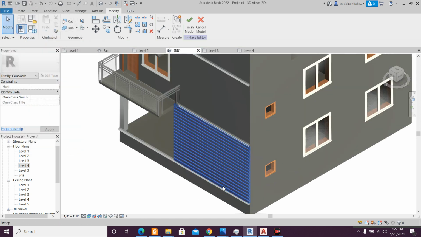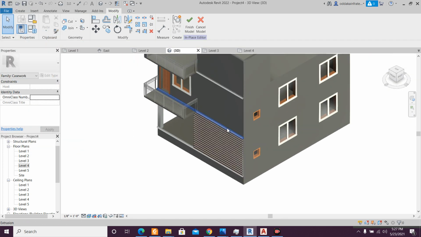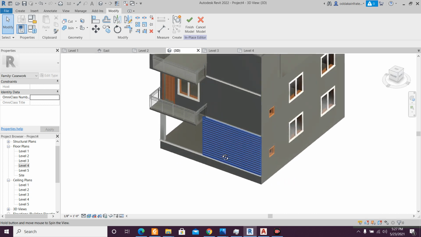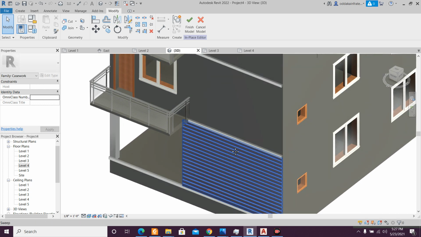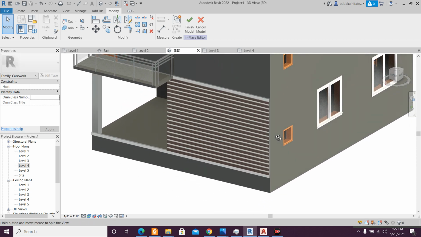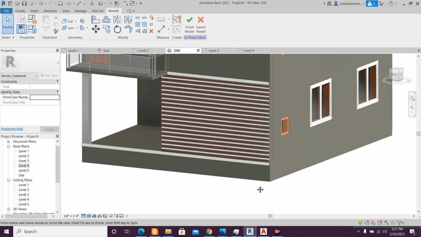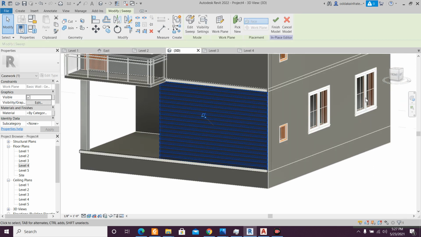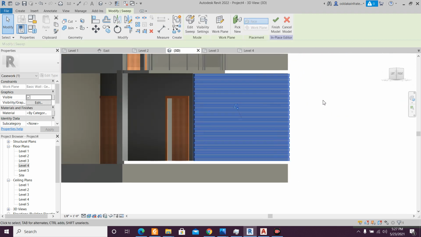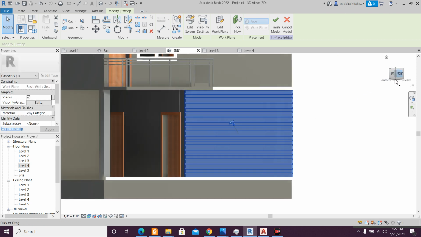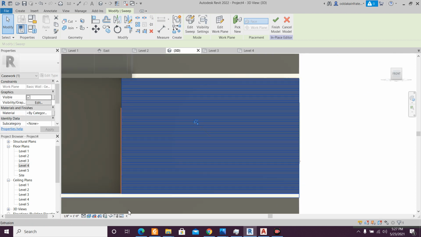Done. So as you can see, once this is done, and we have this is visible, and we can, let's see if we can copy this from the front view, and this